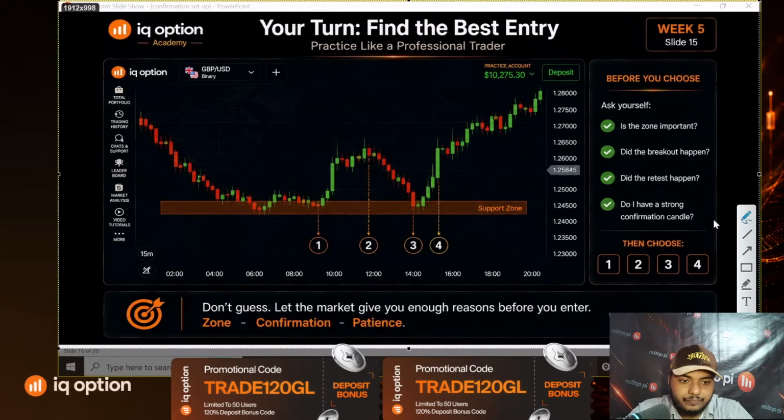This candle is big, very big, right? This candle is very big, but we can trade here if you trade on forex. But if you are a binary trader, you have to wait for a very good entry point. All the things should be matched. If you trade on a 5 to 10 minutes expiry time frame,